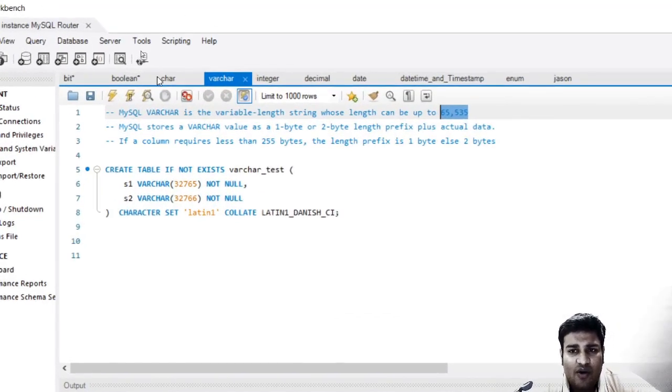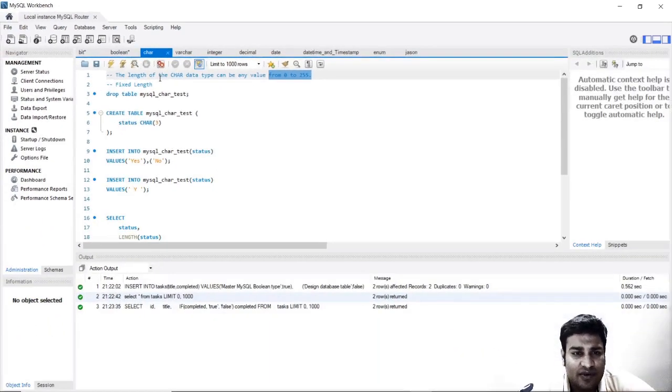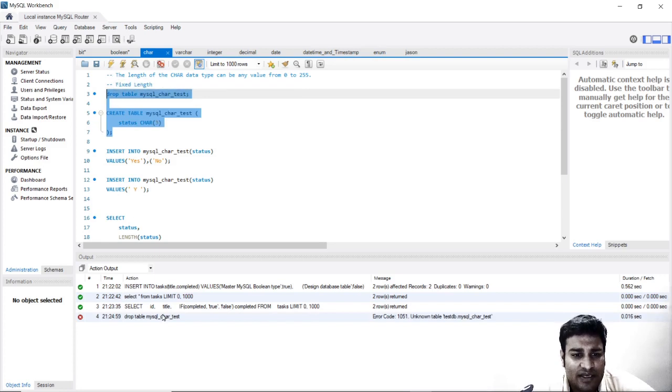Now, if we go ahead and see over here, I will try and execute a few things for you. So it has a status which has a character length of 3. Now I will go and execute this. This is giving an error because it is an unknown table.